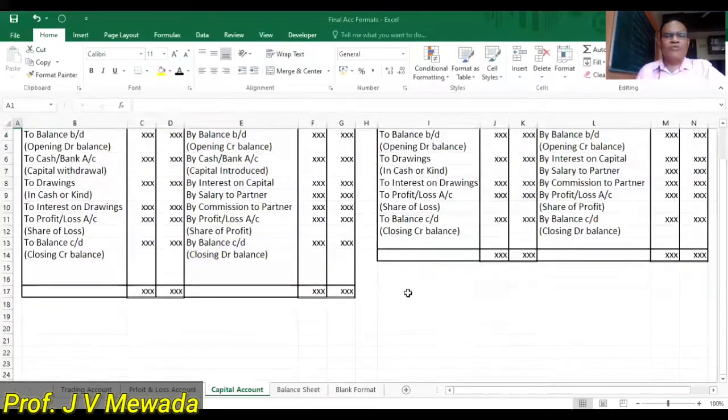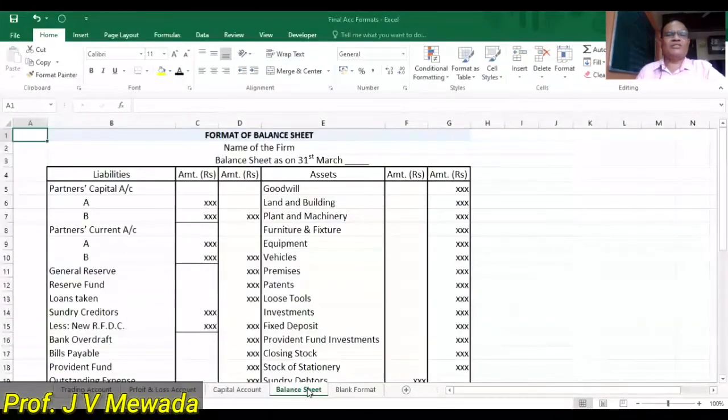Okay. Now we'll see the format of the balance sheet. Now once again we are writing the name of the firm at the top, and our heading is balance sheet as on. It is giving the financial position of the business as on a particular day. So here we are using 'as on'. So this is the position of the business as on a particular day and not for the year ending. Okay, that's the difference between the trading account and profit and loss account headings, and the balance sheet heading.